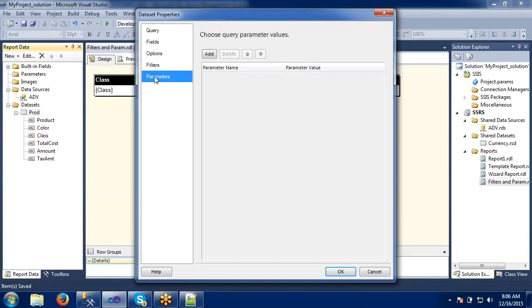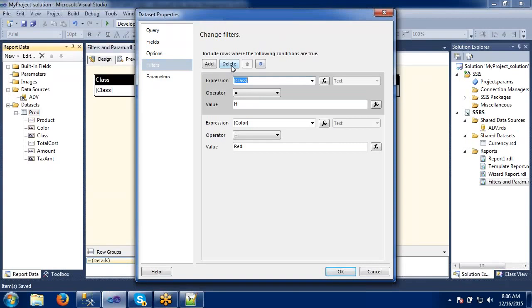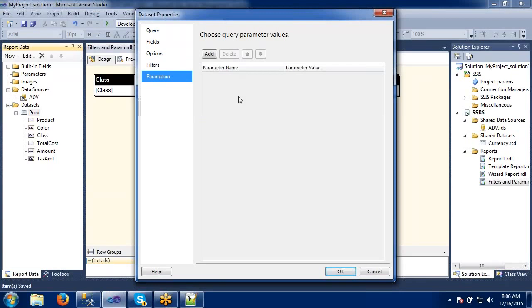Before this, I'm removing all the filters here to apply the parameters concept. Why? Because this is also filtering the data, but in a different way. Let's check this one.